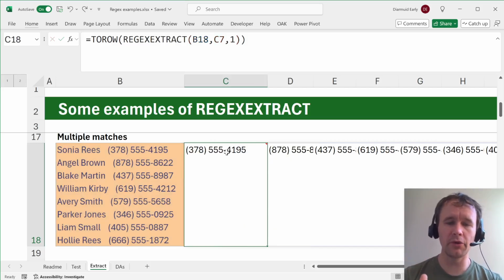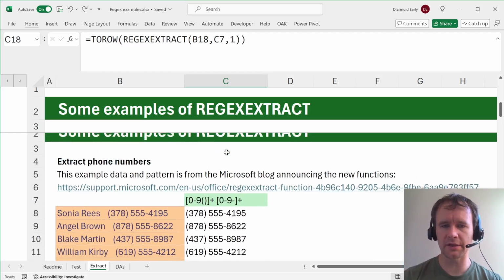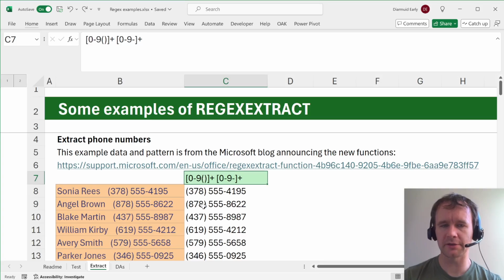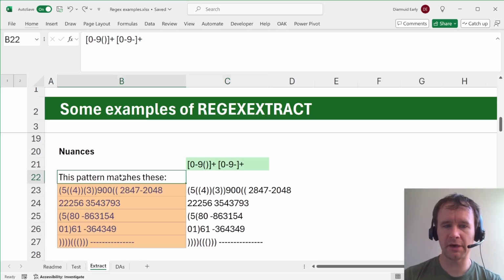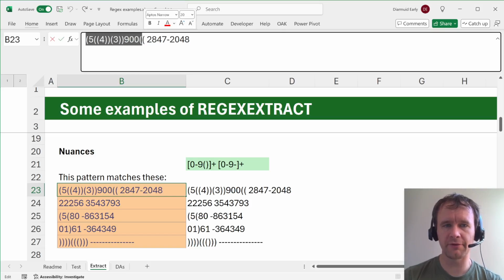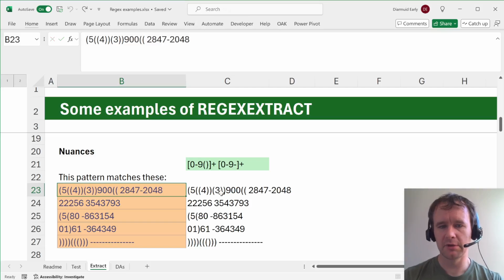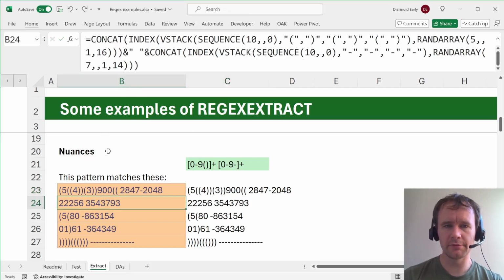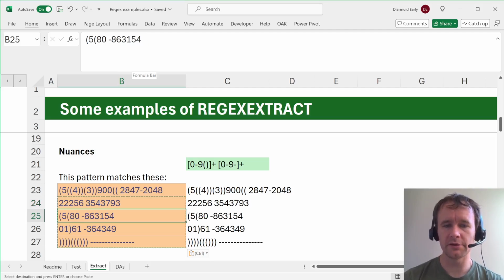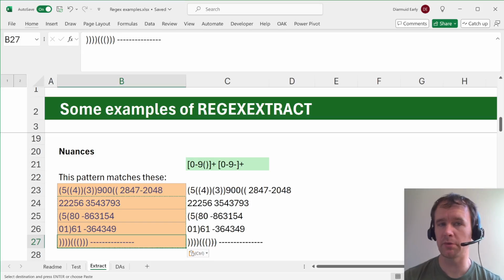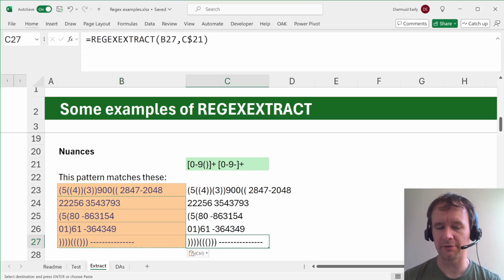But the bit that I'm more interested in drilling in on is somewhat to the point I was saying earlier about the black box. Like if someone tells you, hey, use this pattern to extract phone numbers, let's talk a bit about what that's going to mean. So first of all, this pattern matches all of these. Here is a string of parentheses and numbers followed by a string of numbers and dashes. Okay, that's a phone number. Here's another string. Oh, you can see that I've left my formula for randomizing these in there, but never mind. So here's another string that matches that pattern. Here's another string and another string. And here's something that has no numbers in it at all, but matches this pattern to be a telephone number.